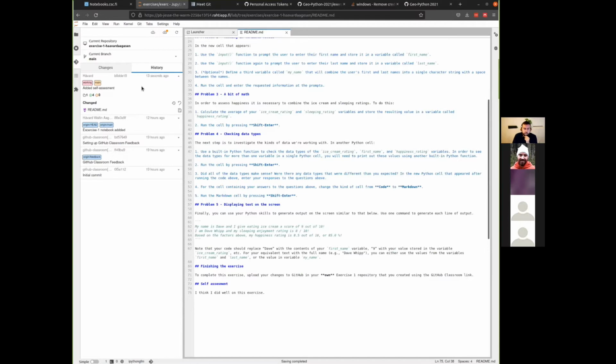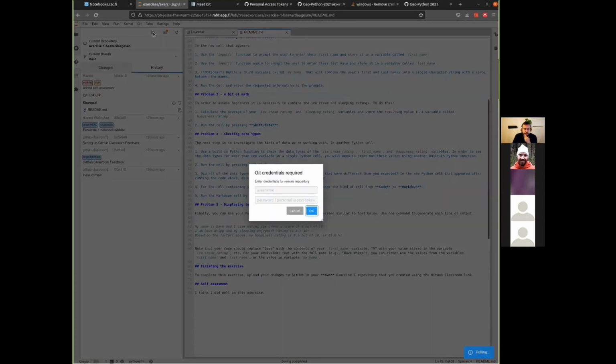So we were going to push them, and a good rule of thumb before pushing is also to pull changes, just to see if there are any changes on GitHub that have happened between when we downloaded and when we want to upload. So if we pull the changes here, at least for me, I need to put in my credentials again,